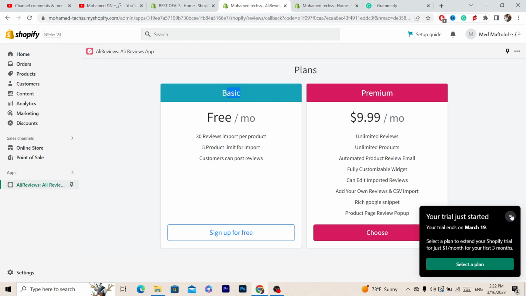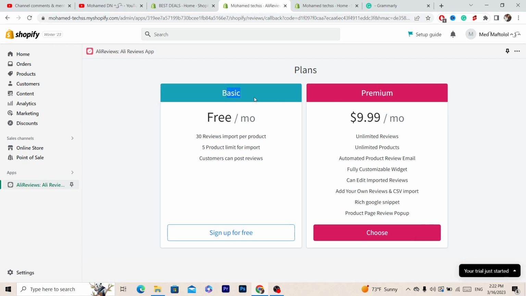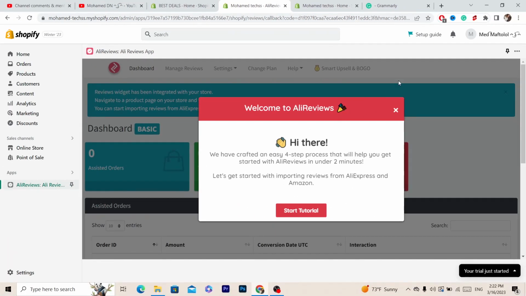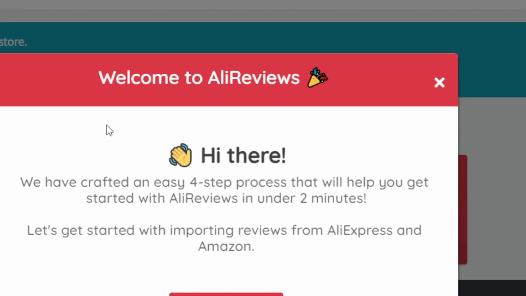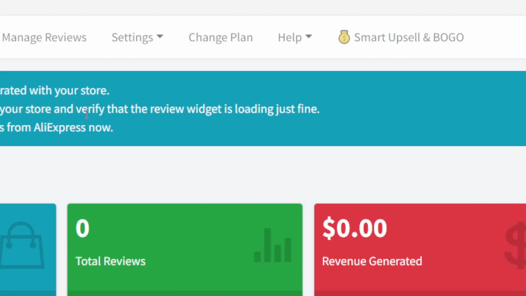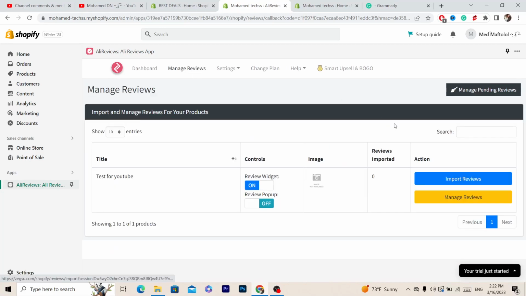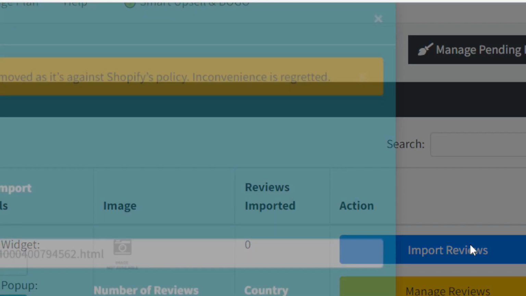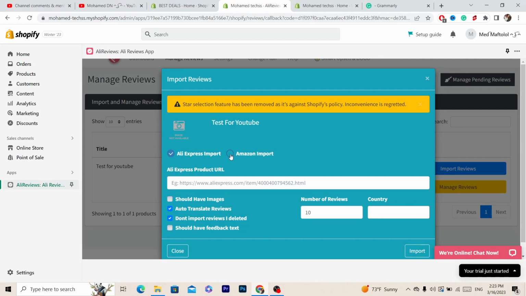Now, if you want to pay for it, you can, but I always go with the free plan. So I'm going to click on sign up for free. After that, you want to click this X because I'm going to explain everything. Then you want to click on manage reviews, and here you will find all the products that you have on your Shopify. Now, you want to click on import reviews, and now you can import reviews from Amazon